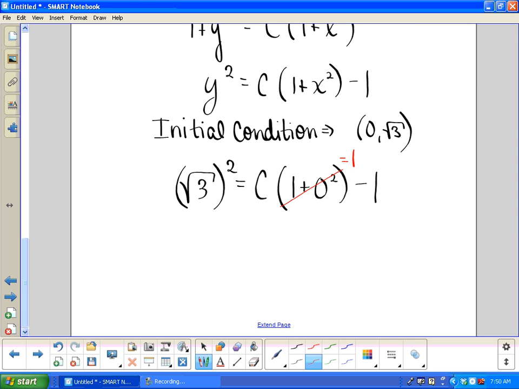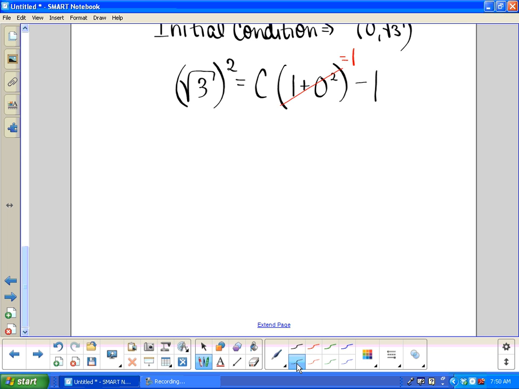So we end up with, if we add 1 to both sides, 3 plus 1, which is 4, is equal to c. So now I'm going to rewrite the particular solution. So let's say this, the particular solution